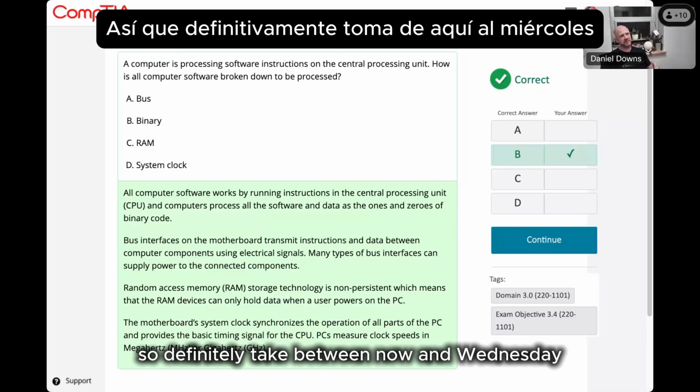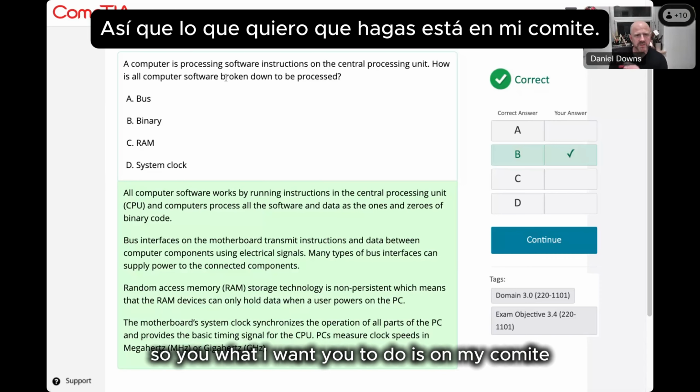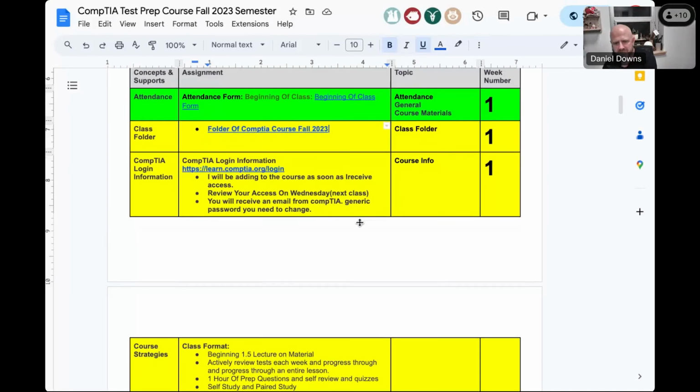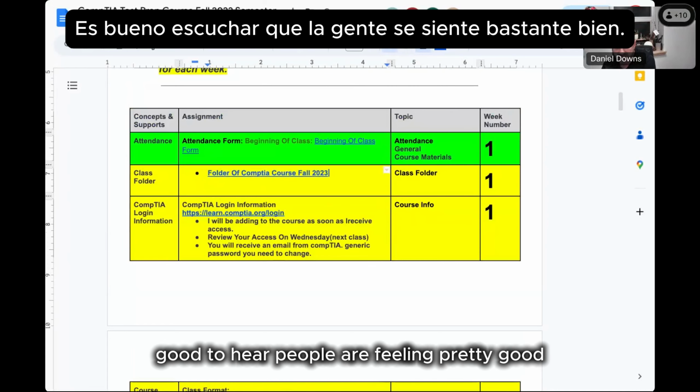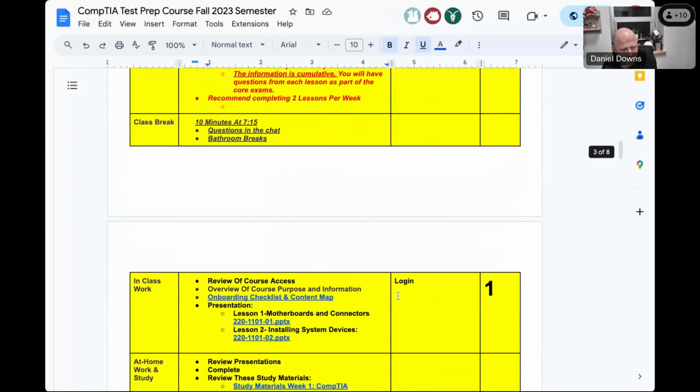So definitely, between now and Wednesday, do a couple of things. What I want you to do is, on my CompTIA A, I'm back to presenting. Good to hear people are feeling pretty good. On here at the very bottom, I put